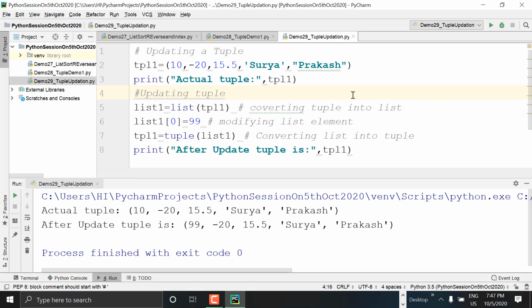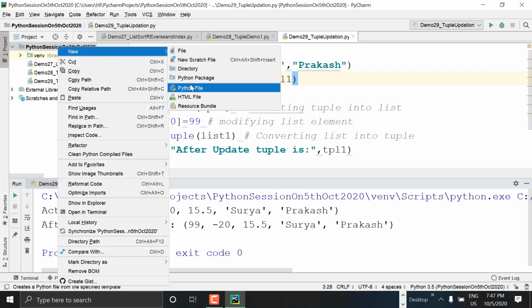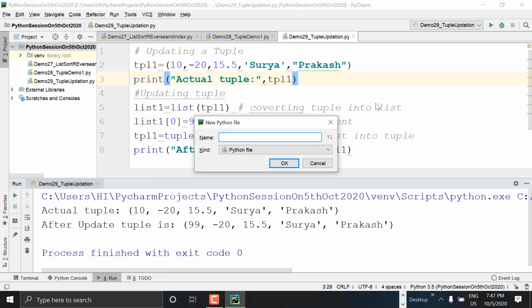Now demo 30 underscore range demo 1. Okay, how to make use of range now. First let us say R1 is equal to range of 10. Okay, so now let's print R1. Let's check it out. What is R1 having? 0, comma 10.